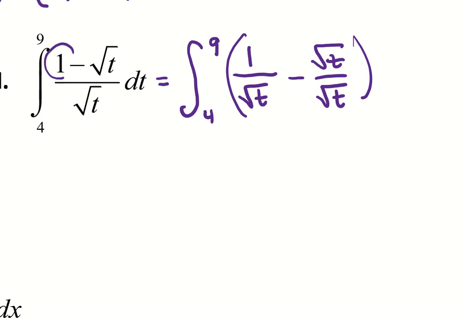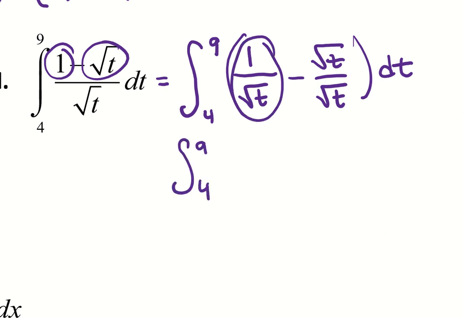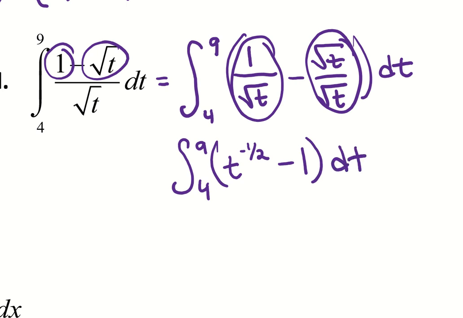So we're splitting it up because there's 2 pieces. And now we can see that this is 1 over root t, and that's the same thing as t to the -1/2. And then here, root t over root t, that's just 1. So by splitting it up and rewriting it with an exponent instead of a radical, it's way easier to find